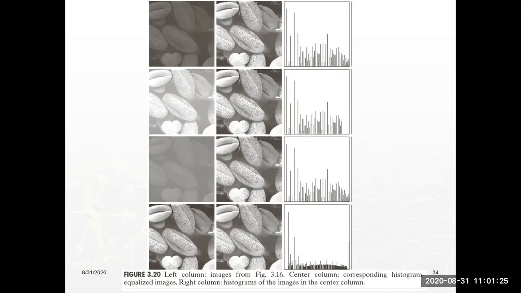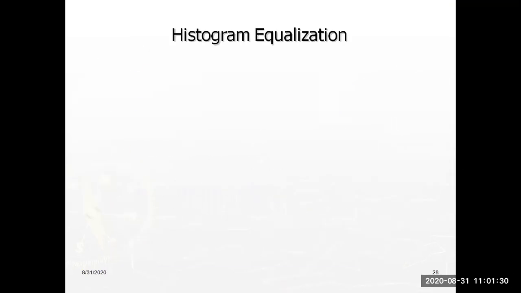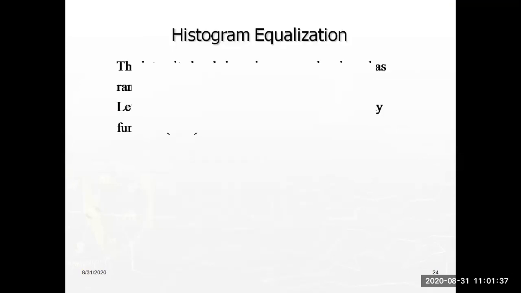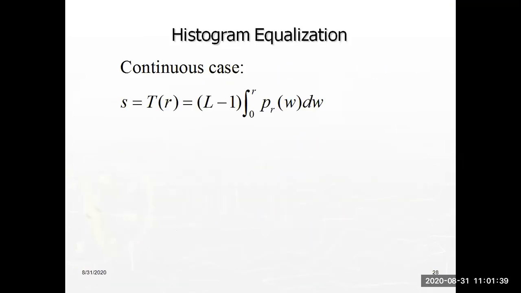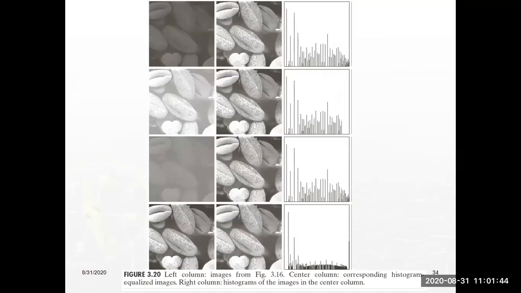Histogram equalizations. These are histograms, right? Okay, histogram equalizations are like this. Simply, our application is enhancing the images from one intensity level to another intensity level, but the process is histogram equalization. That's it. Okay? So with this, I'm concluding.